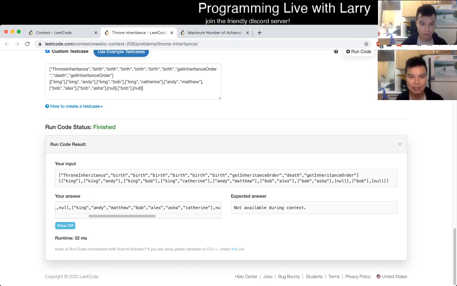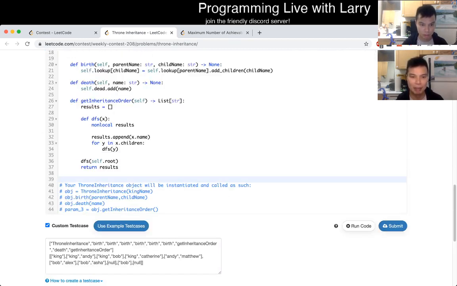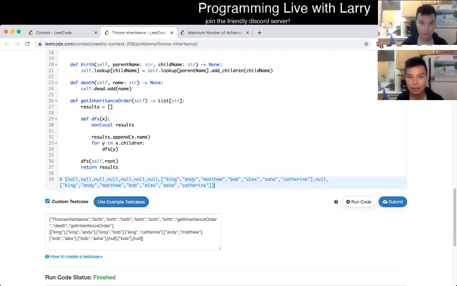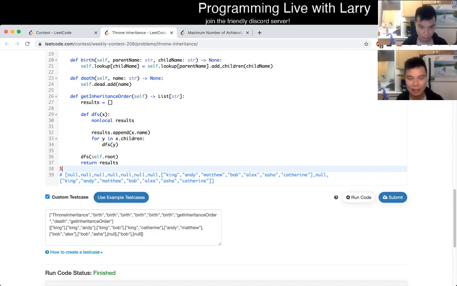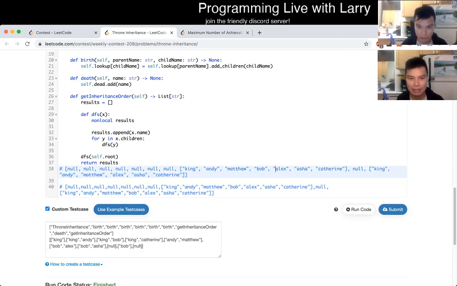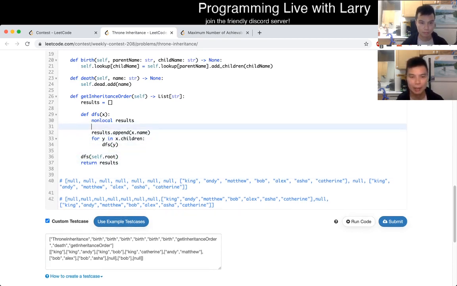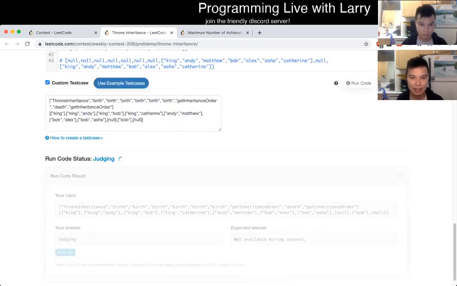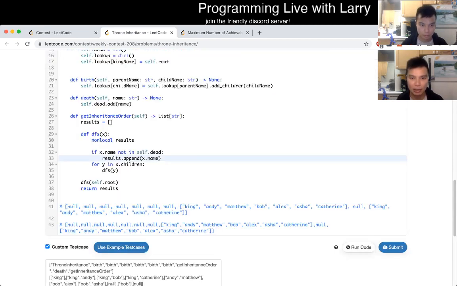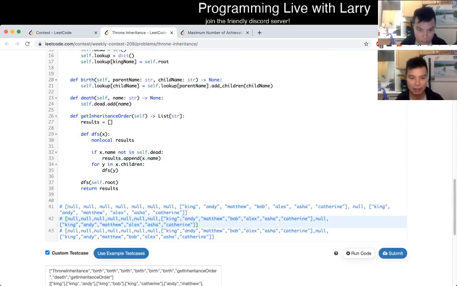I've been doing this trick where this comparison is just terrible, right? So I've been copy and pasting the output so that it's slightly easier to read. And I saw that my output is more than the intended output, and I was like, okay, that's probably the dead people, so we can take care of that. Run it again, test it again, print it out. It looks okay. I actually do go by one because 5 minutes is a huge penalty. So yeah.